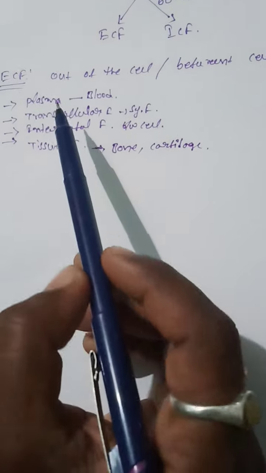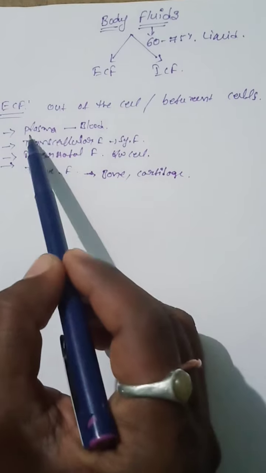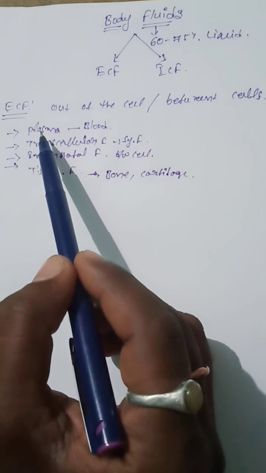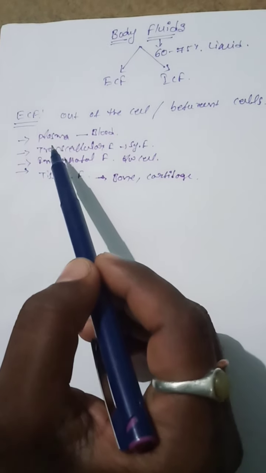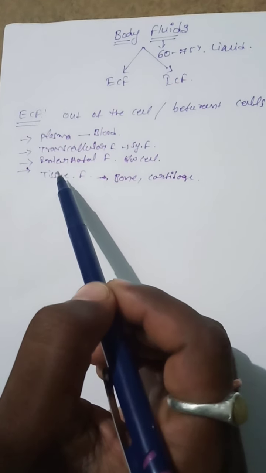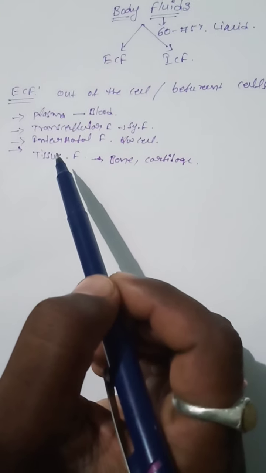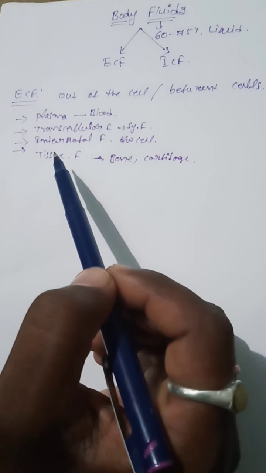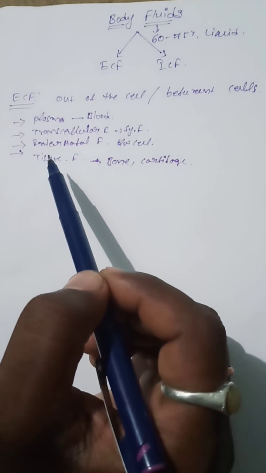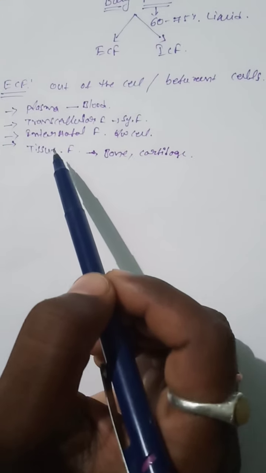So the extracellular fluid is present outside of the cell or between the cells, and it is divided into four types: plasma, transcellular, interstitial, and tissue fluid. So this is about extracellular fluid. What is the composition and importance of the extracellular fluid? The extracellular fluid contains